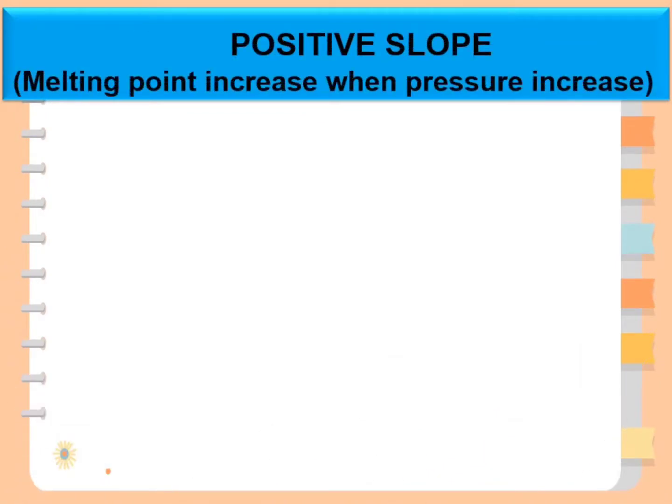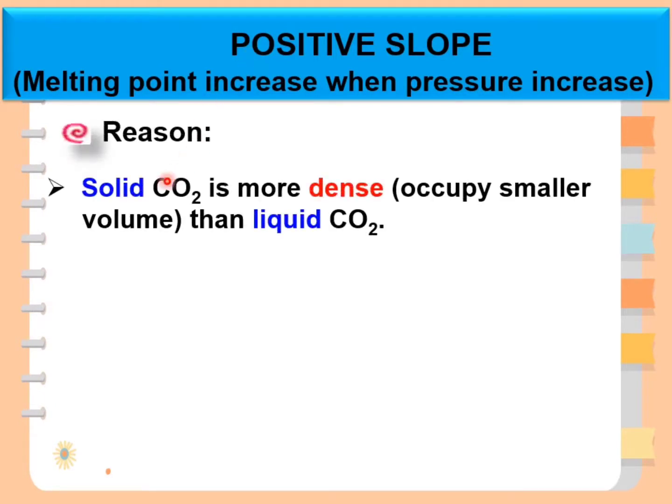Okay, why is carbon dioxide a positive slope? We know that just now the melting point increases when the pressure increases. Why? Okay, sometimes the question suka tanya dalam exam, why is carbon dioxide a positive slope? So this is the reason why carbon dioxide, or most substances in the world, have a positive slope when you draw the phase diagram. Okay, the first reason is because solid carbon dioxide is more dense, occupies smaller volume